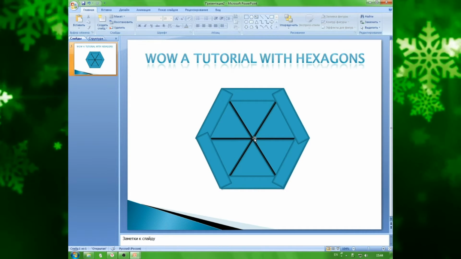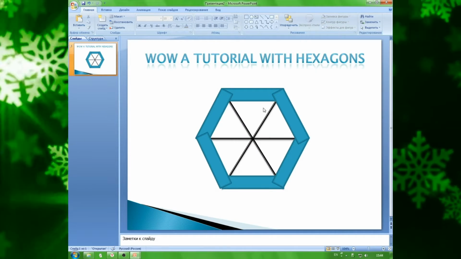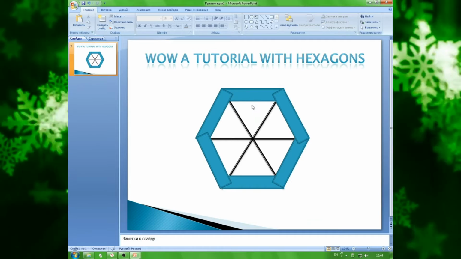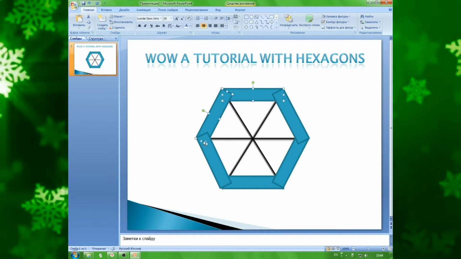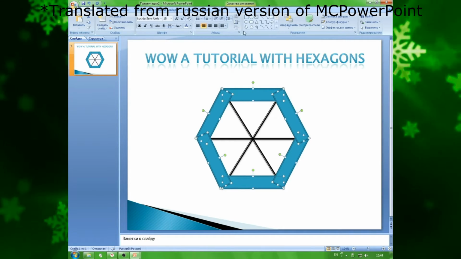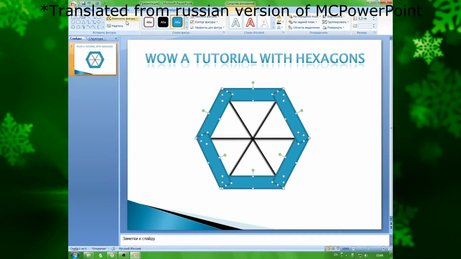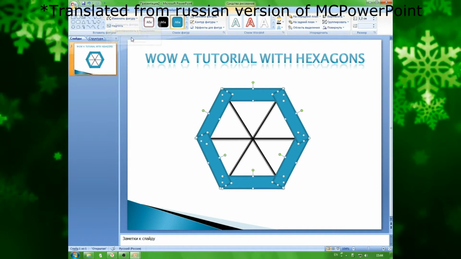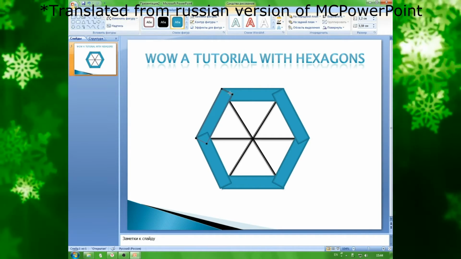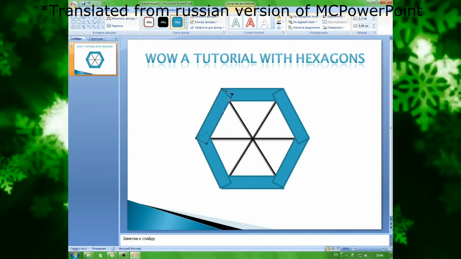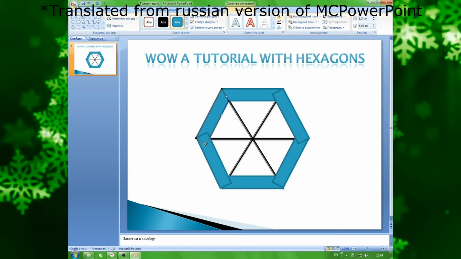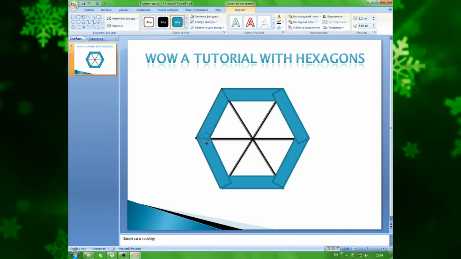After you've completed the frame, you can safely delete the hexagon, but you still need the lines. Select all the frame buttons using the Shift key. Go to Format, then Change Shape, and then press Transform into Polyline. After you did that, choose every individual button, go to Format, then Change Shape, and then press Start Changing Node, and shape every button like this.